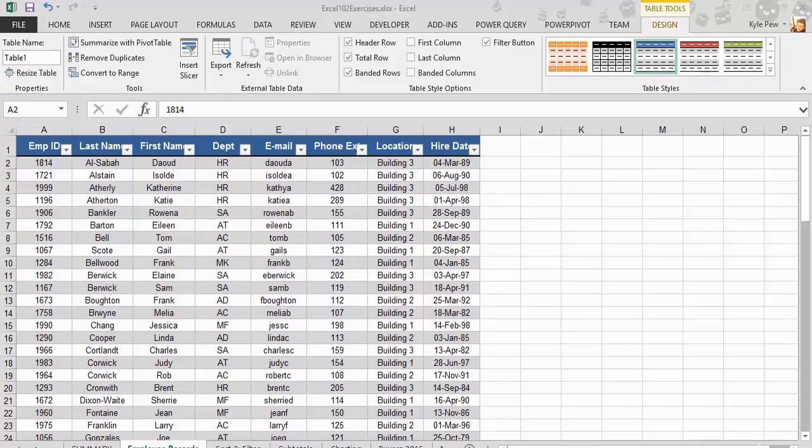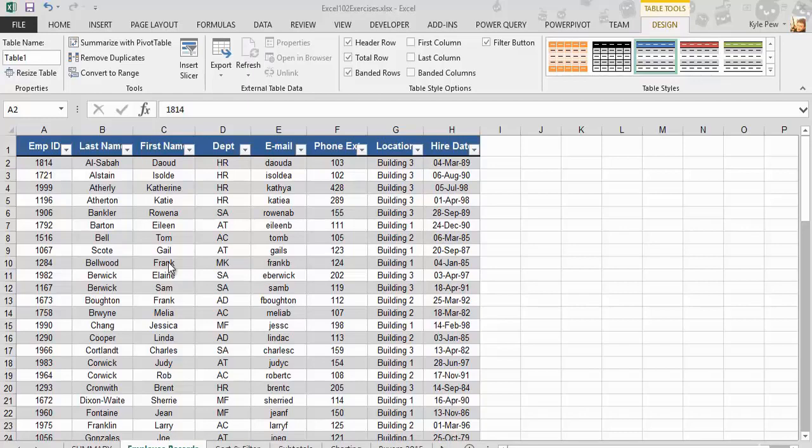Now, I'm actually going to take this into two stages. One, we're first going to identify the duplicates. The second, we're then going to remove the duplicates. And we're going to use two different Excel features to perform these two separate commands. So take a look. Now, looking at my employee list,